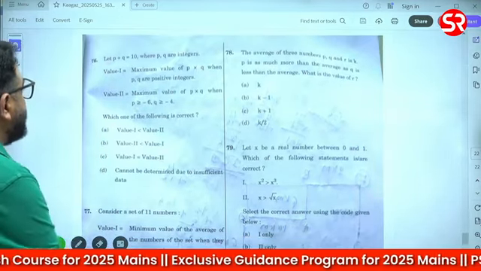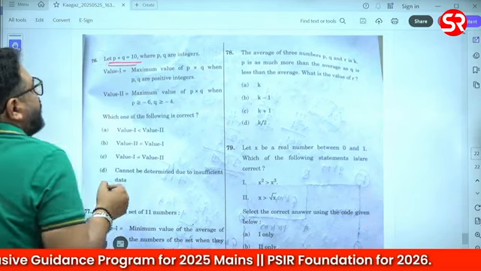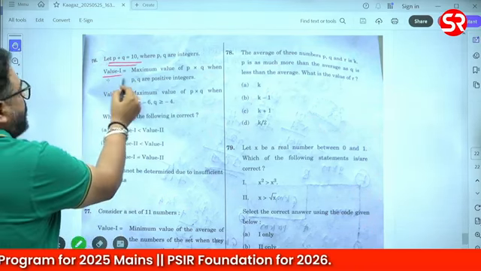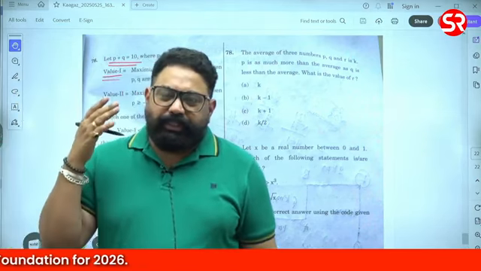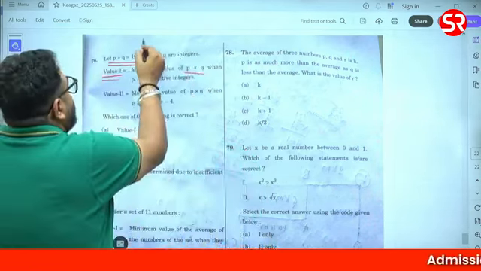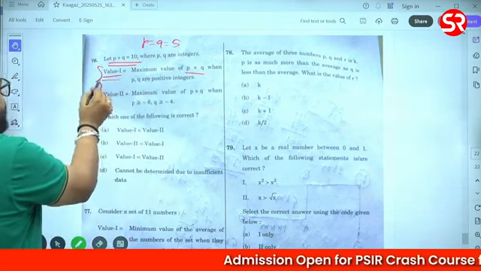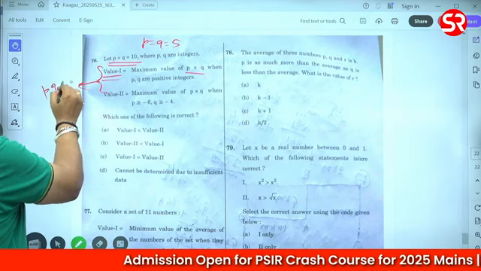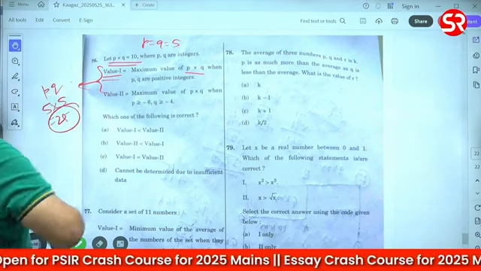Again, see this. He says p plus q is equal to 10. P and q are integer values, and we need the maximum value of p and q. I have told you, whenever you are given the sum of two numbers, they are going to have maximum product when they are equal. So p would be equal to q, which is 5, and the maximum value of p into q is 5 into 5,